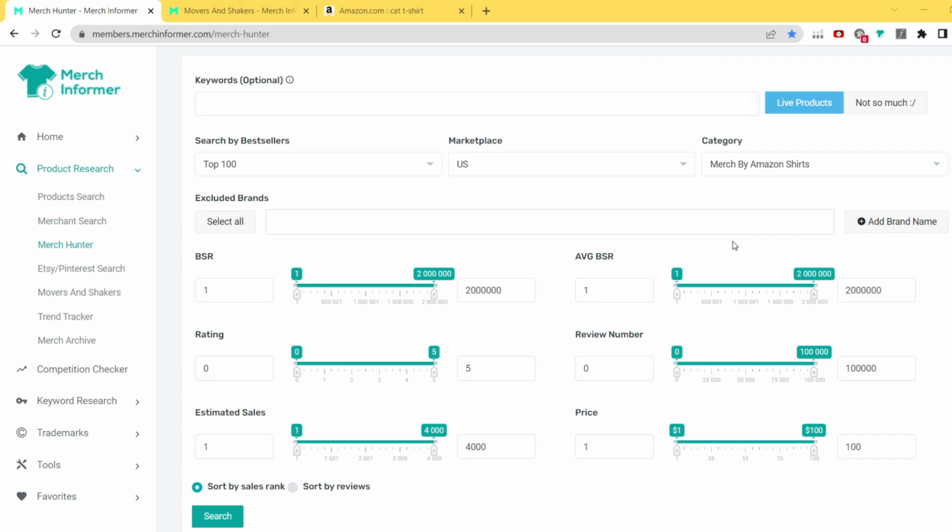Hello guys, so today I actually want to talk about the Merch Informer, which is a great tool for finding